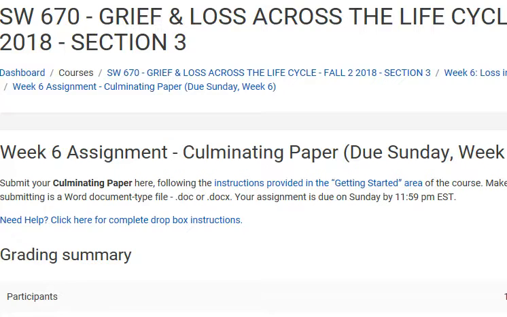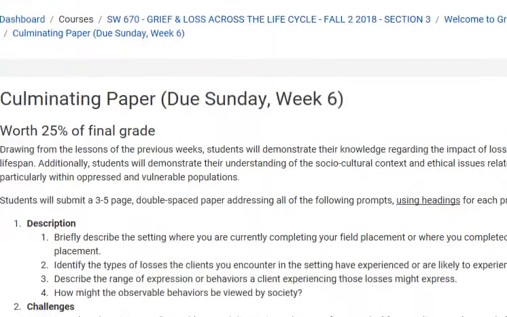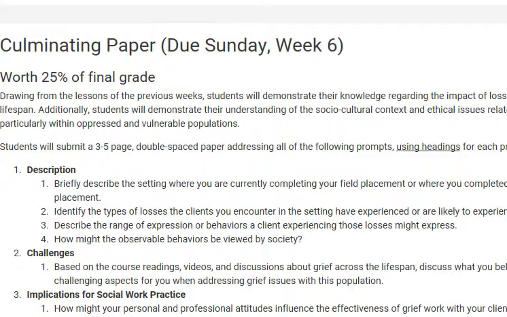And then the next activity is a culminating paper. And this is worth 25% of your grade. You need to go back to the instructions in the Getting Started section, and those that are in the syllabus, and you are going to briefly describe the setting where you are currently completing your field placement,